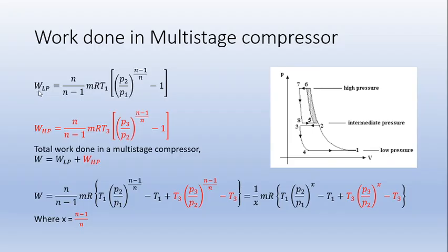Work done in the low pressure cylinder, W_LP, is equal to n by (n minus 1) into m R T1 into [(P2 by P1) raised to (n minus 1) by n, minus 1]. This is for the low pressure cylinder. Similarly, for the high pressure cylinder it is n by (n minus 1) into m R T3,